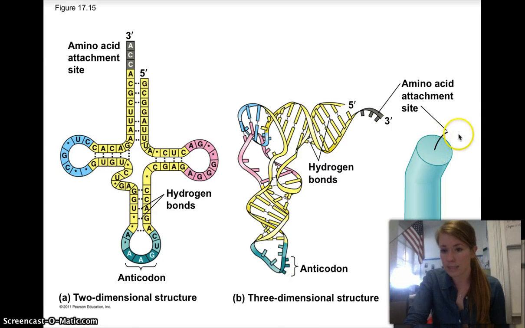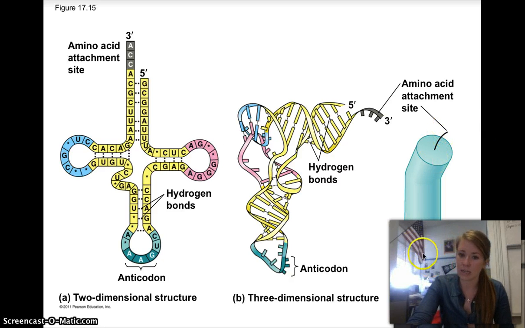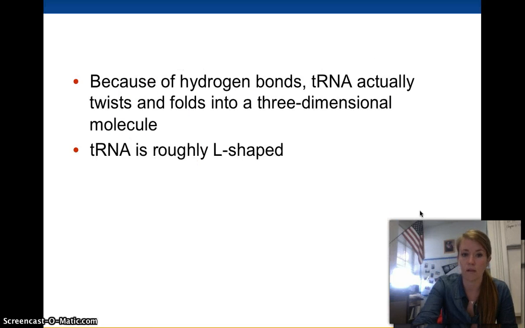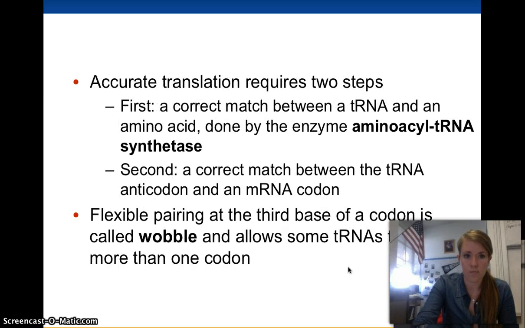So again, the amino acid is attached up here at the 3' end, and down here, which you can't see kind of, are the 3 base pairs of the anticodon. But remember that the rest of this is made up of RNA also. Oh, there it is. There's the anticodon. Okay, so